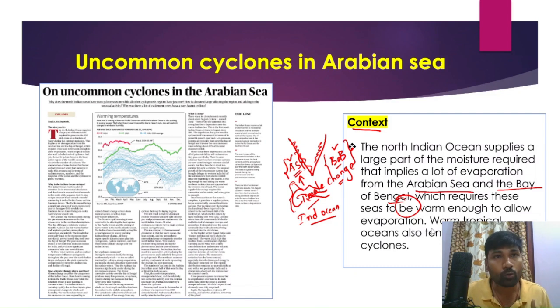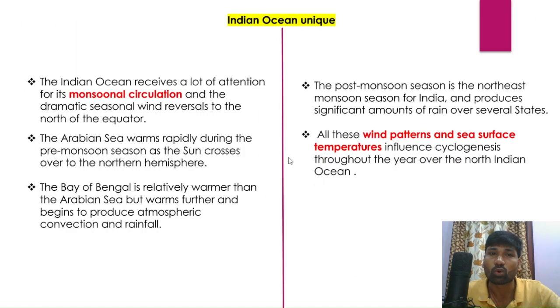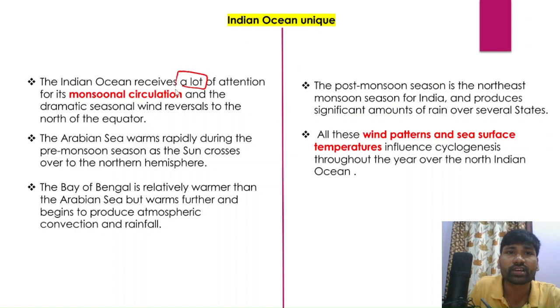Even warm tropical oceans also tend to be the hotbeds of cyclones because of climate change. When sea surface temperatures are increasing, they are able to generate convective currents, and that could create large scale cyclones, or increased intensity and frequency of cyclones, in both the Arabian Sea and Bay of Bengal region. And in fact, the Indian Ocean region is very well known